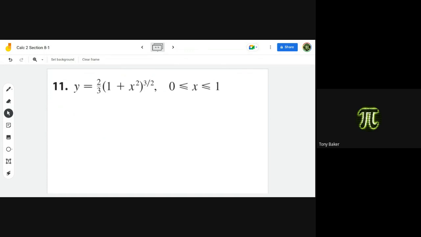Yes, you have to use the table. It's been a while. That's why I chose this one. We don't have to rewrite this one. We can just